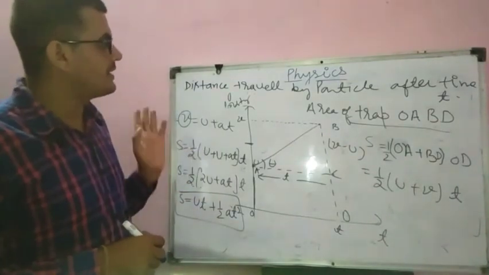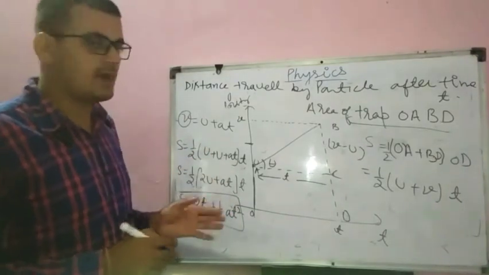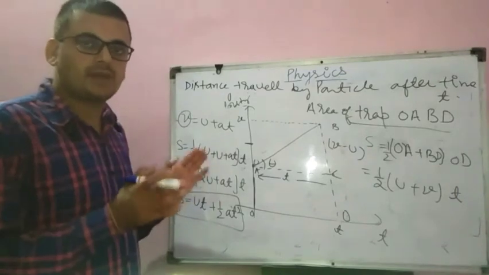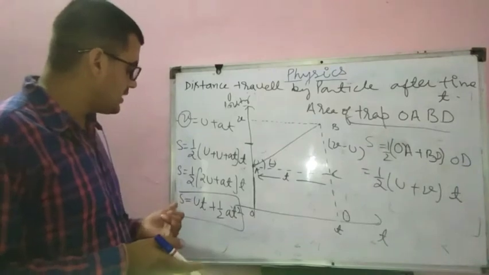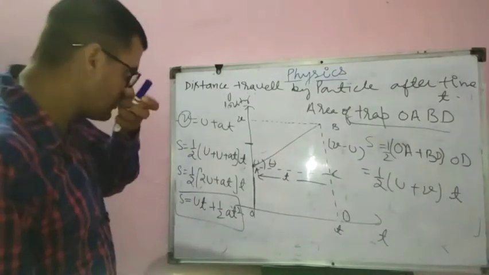So we can find out by using the VT graph the distance traveled by the particle. I have already told you that by using the VT graph we can find out the distance traveled by the particle also. So what it is? It is equal to S equal to UT plus half AT square. Next one is